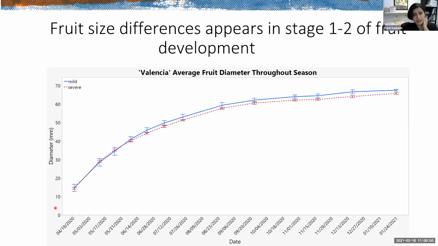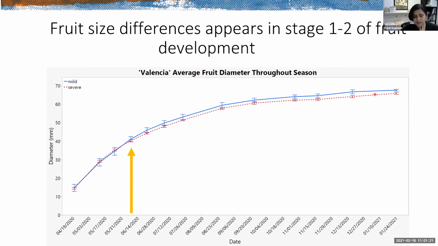Now talking again about the fruit size. In this graph, the blue color is for the mild tree and the red color is for the severe tree. We measured the fruit size throughout the year. In the beginning, you don't see so many differences in the fruit size. It's basically around June, stage 1 or 2 of fruit development, when you start seeing these differences in the fruit size, and they become more and more obvious